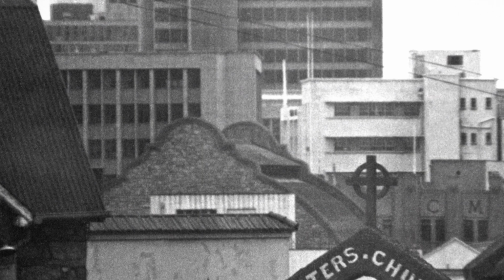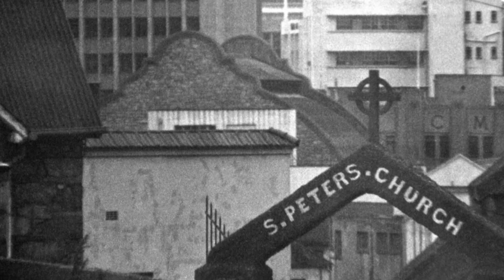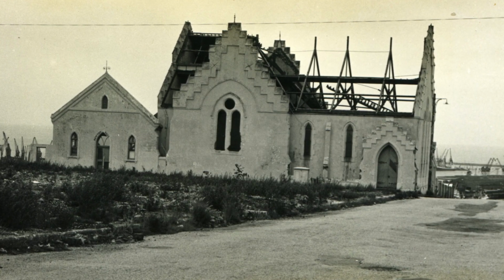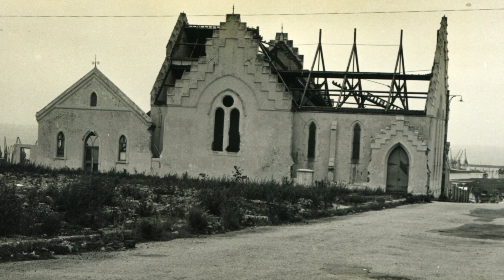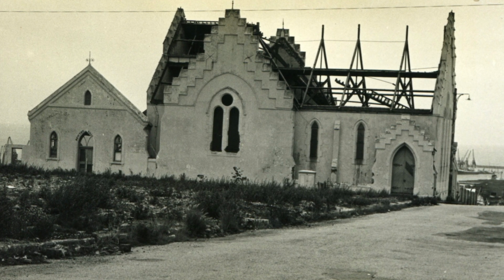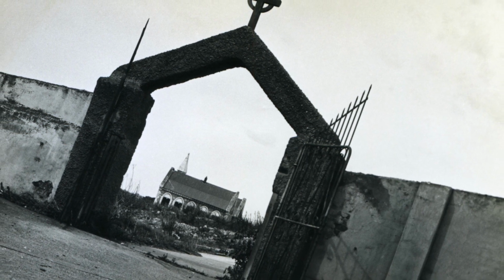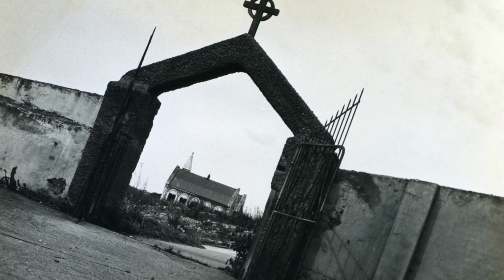During the 1960s, the apartheid government declared Southend as a white area, and the existing residents were forcibly removed. The government agreed that some churches, mosques and schools would be spared the demolitions, and initially St. Peter's Church survived. But by 1970, most of the congregants had been forced to leave the area, and the church was not much in use anymore. It was deconsecrated in 1972, and the empty building was vandalized to the extent that little was left of it